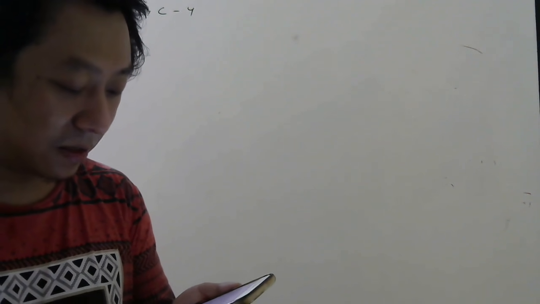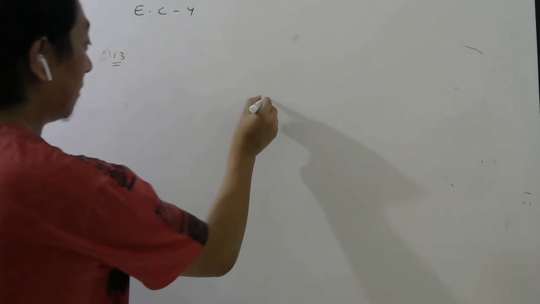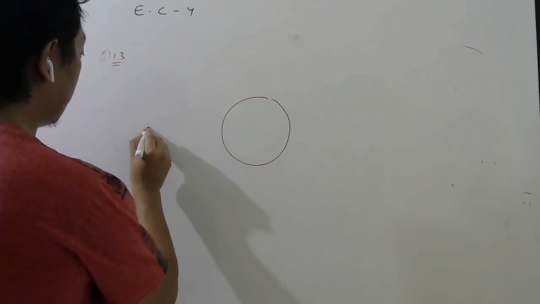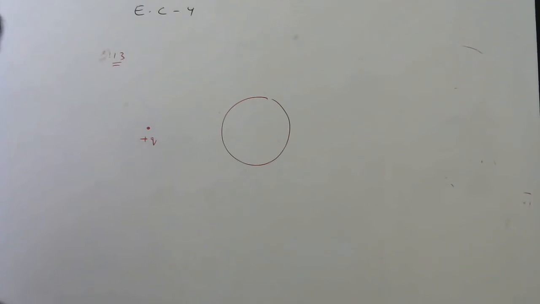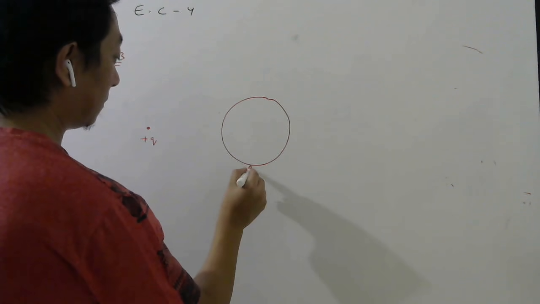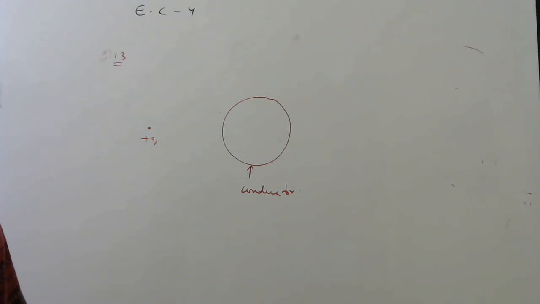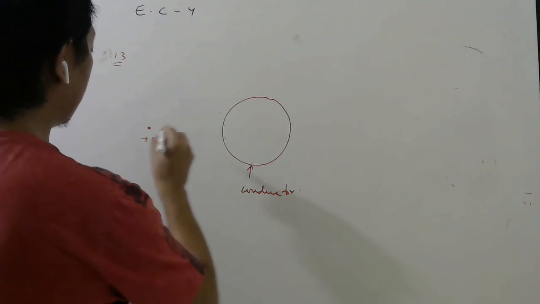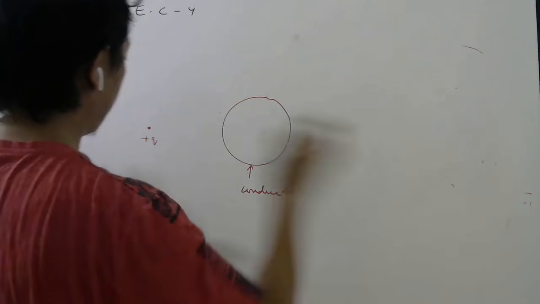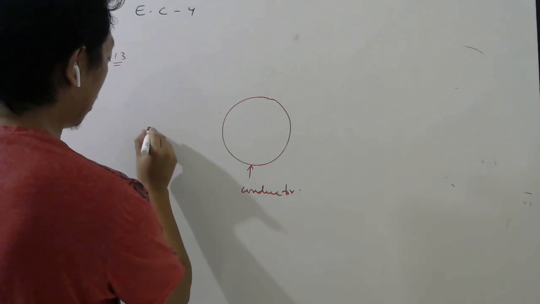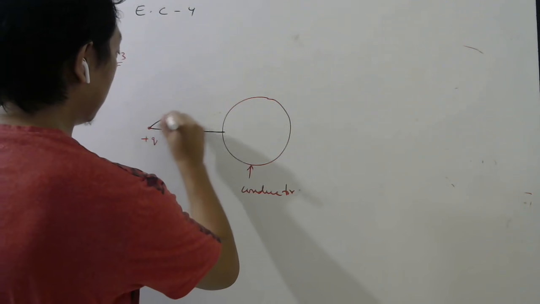A point positive charge is brought near an isolated conducting sphere. The electric field is best given by, there are 4 diagrams. So which will be the right diagram? Okay, so here there is a conductor and here there is a plus point charge. This is a conductor, remember. So how the electric field lines will look like, that is the question. Now imagine this conductor was not there, then electric field lines will be radially outwards, right? But now it will not go radially outwards. Here it will be like this, but here it will go like this.